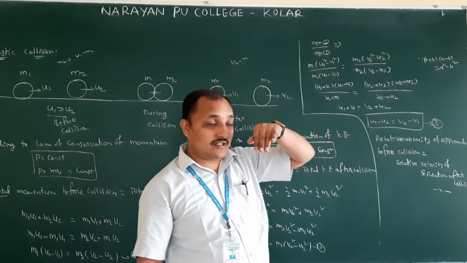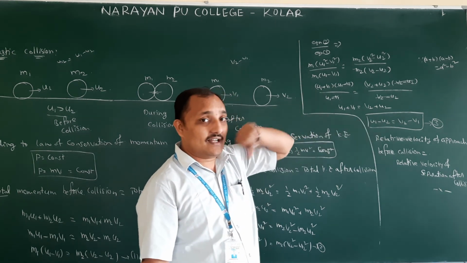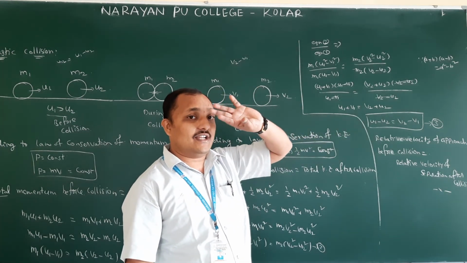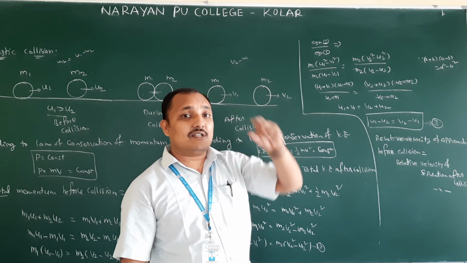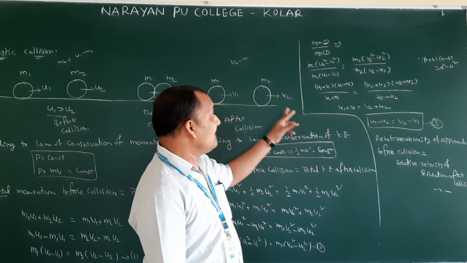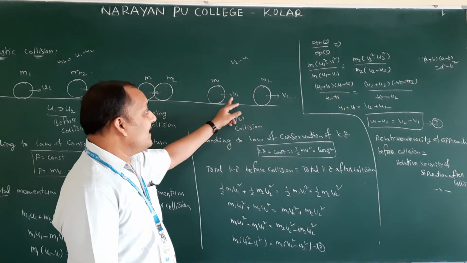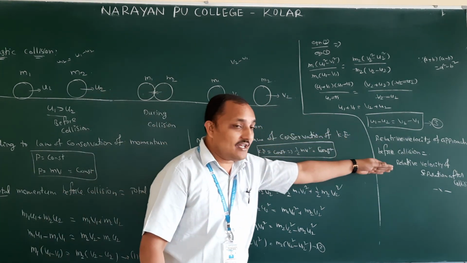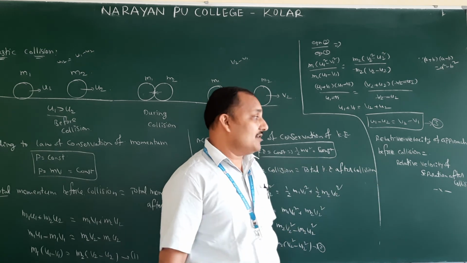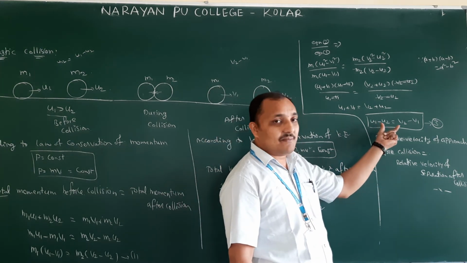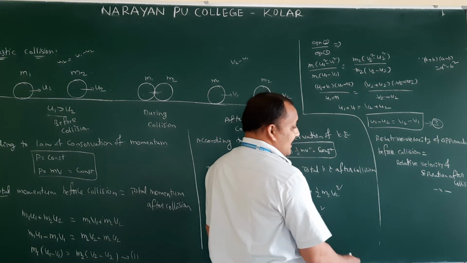But now in this class we are deriving the final velocities. So a 5 marks question they will ask: derive the final velocities during one-dimensional elastic collision. So final velocities means here v1 and v2 we should find. How we will find v1 and v2? Again from here we have to continue, from equation number 3. So we can write